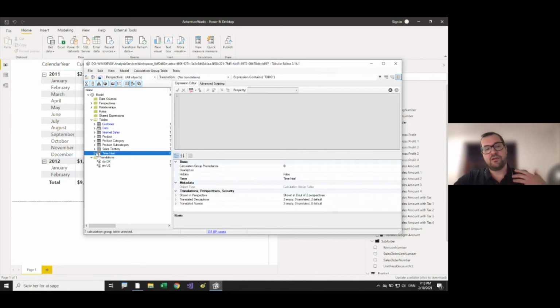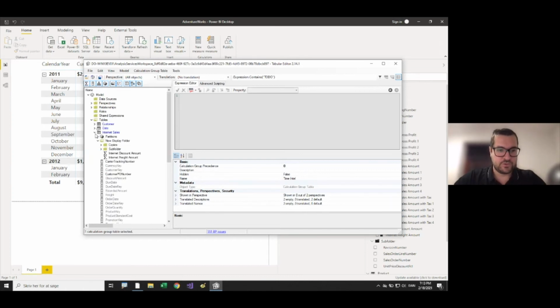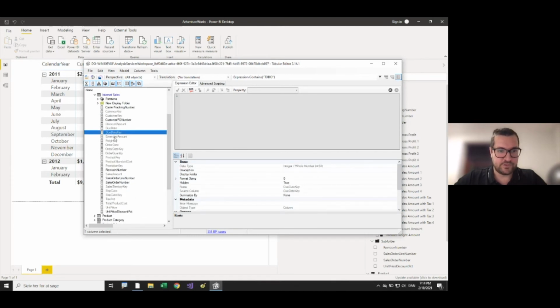But also, if you have anyone in your organization that wants to use Excel to analyze the report with Analyze in Excel, then they also need explicit measures to be available in the model. So that's always the first best practice that we have when we're building Power BI reports: to create explicit measures. And of course, if you just have a table like this with many different numeric columns, it can